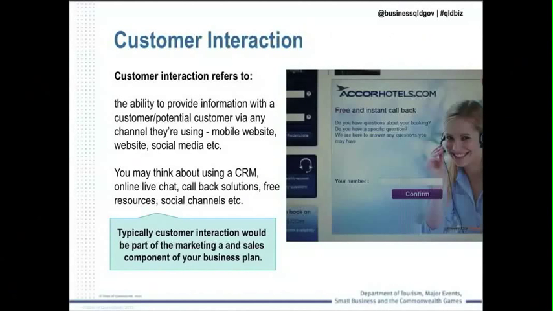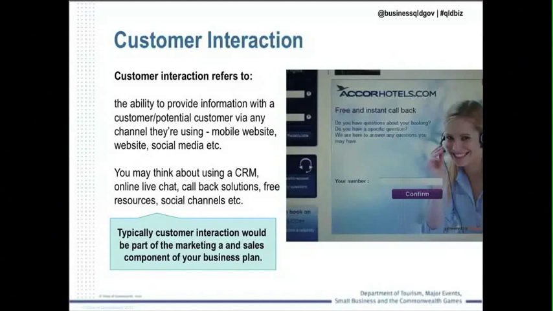And customer interaction is the next section, if you like, of the digital strategy. As the name suggests, customer interaction is about ensuring that customers are serviced by all digital channels. For instance, if a customer was to get onto the website and try and find out information about your product or get in contact with someone or fill out an inquiry form, they can, but at the same time, they might be able to have a similar experience if they visit you on your Facebook page or on your Twitter page or on your LinkedIn page, or they might even have a similar experience if they visit you via your mobile website.